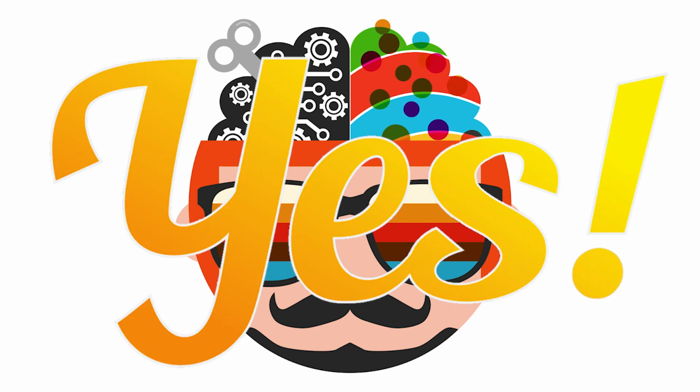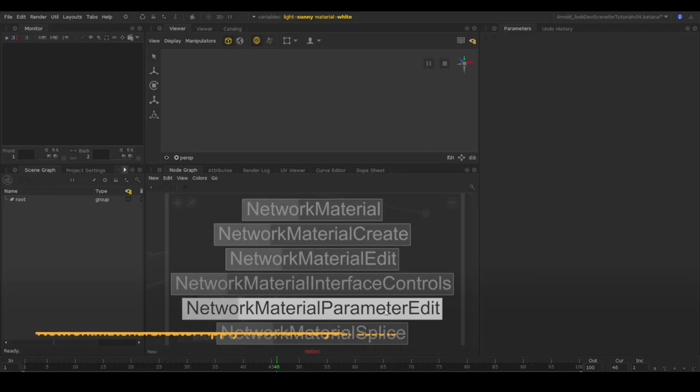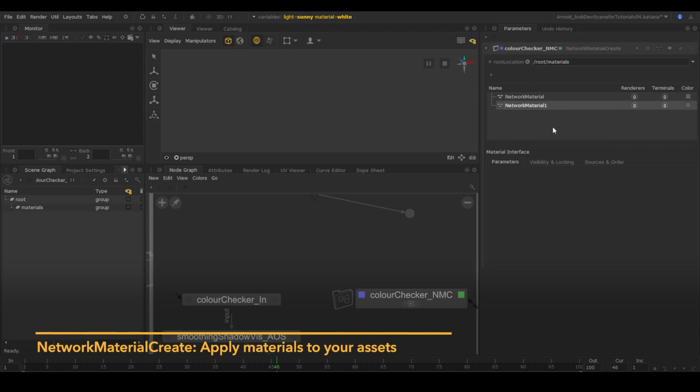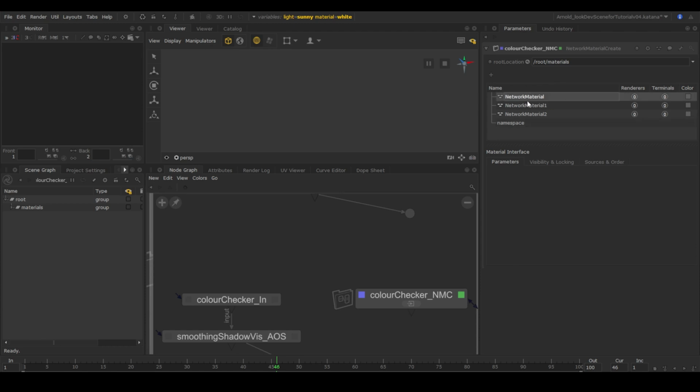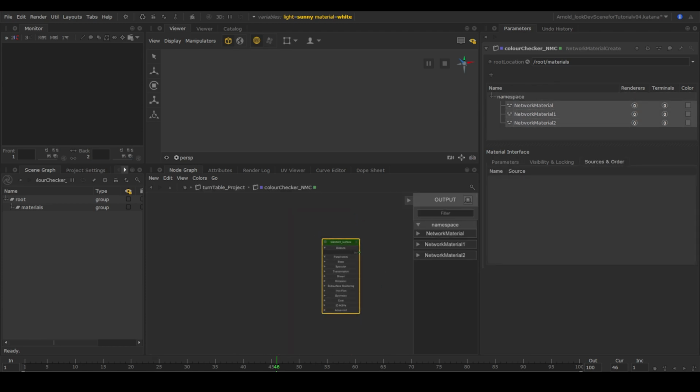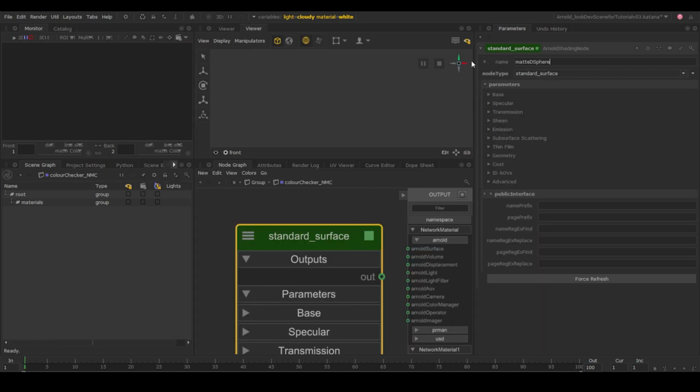Yes, we do, with the NetworkMaterialCreate node. As we have 3 objects with 3 different shaders, we will add 3 network materials on our NMC. We can keep it straightforward for our materials. Inside the NMC, we will be creating 3 standard surfaces and playing with the settings of each of them to